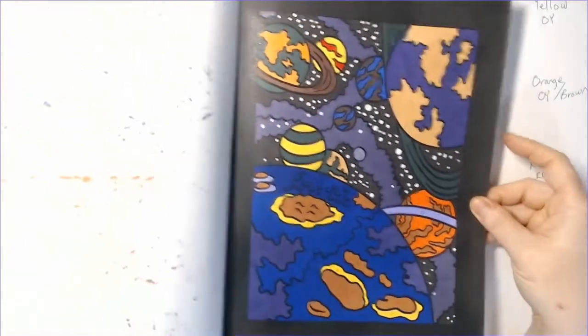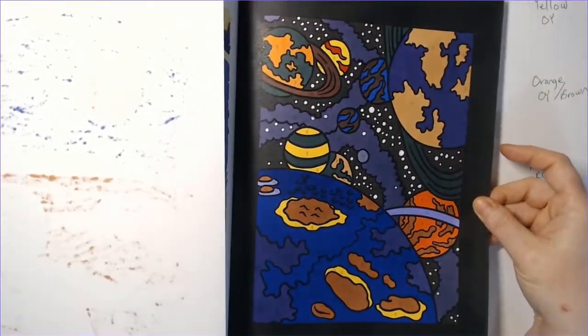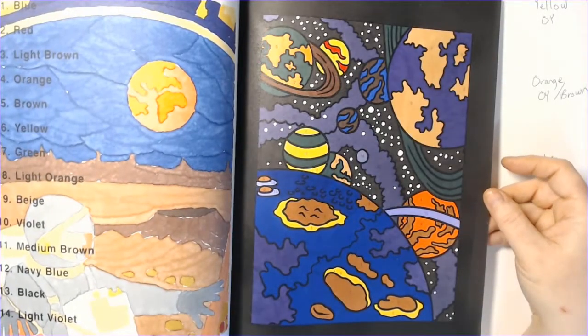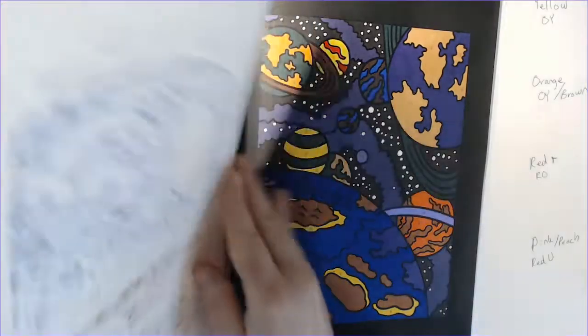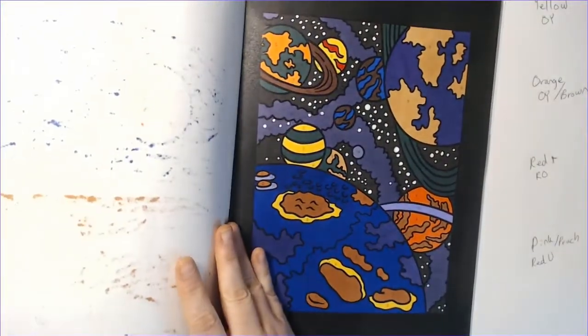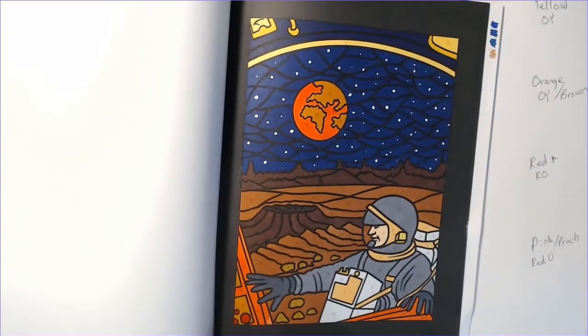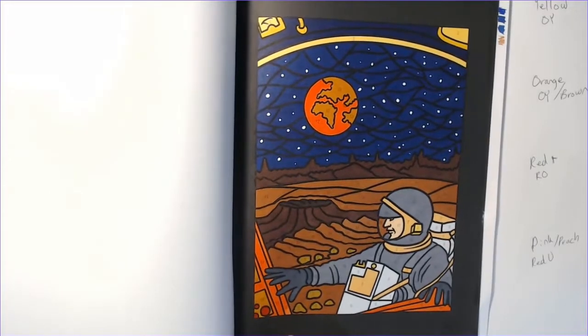We have this one that I posted on Instagram, which is super cool. Well, I gotta get in gear on this one and start doing a couple pages a month instead of just like one page. Then I did this one,